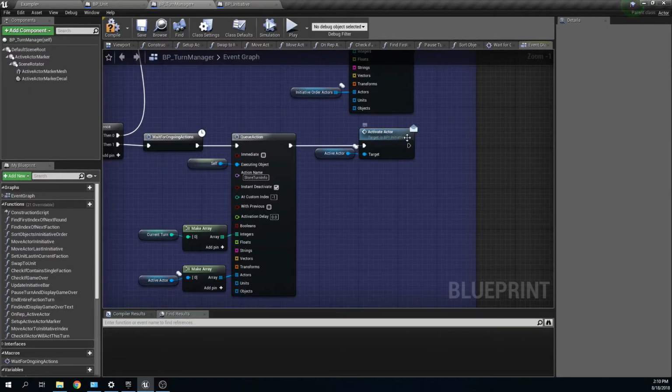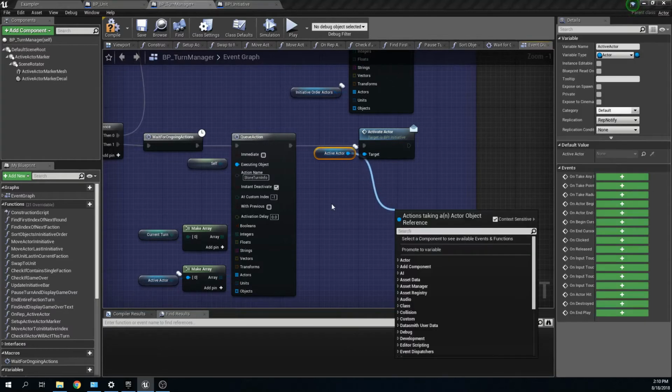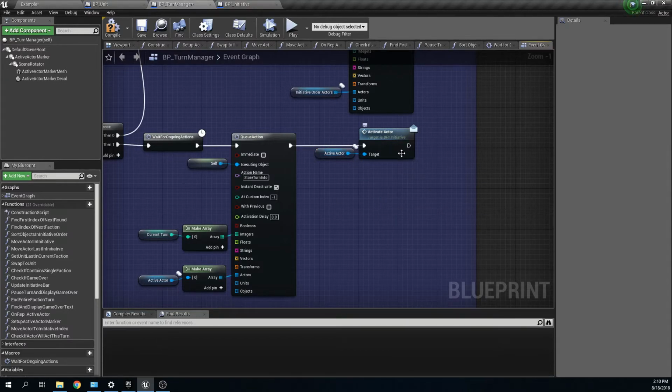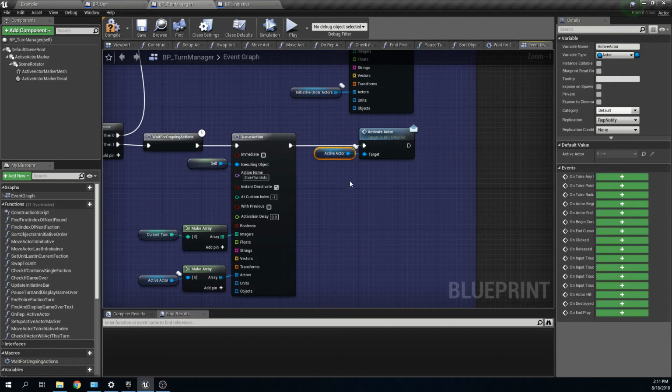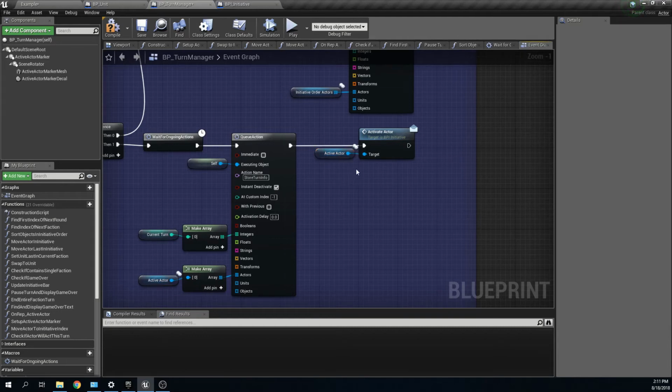So whatever happens here depends on how the actor that is activating this event defines this particular interface function, and this will in almost all cases be unit, except for the first turn, for the first actor activated